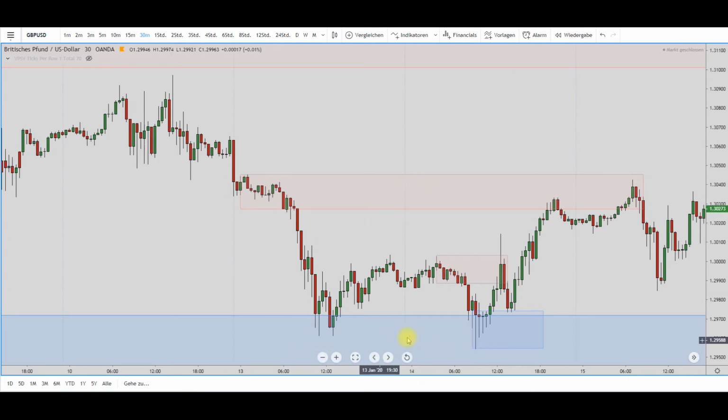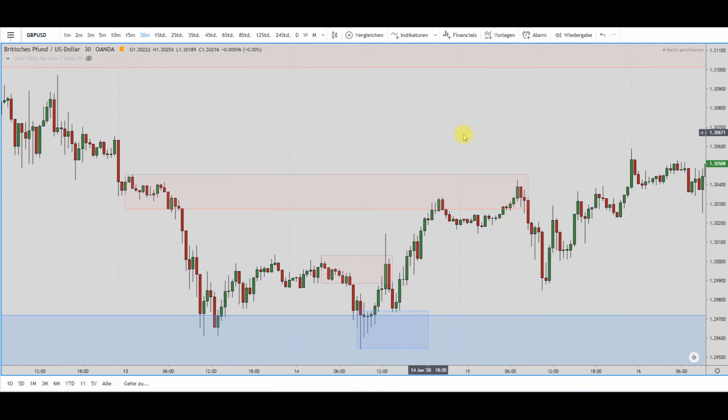We made a new low in this area of demand on the 14th, and you can tell from the tails how buyers came in all the time the market tried to push down. So that was quite a clear sign for the market to want to go up. So it broke supply above here, and I just had to put a limit order at demand down here. First target was the supply zone up here, so I did take out a little bit,